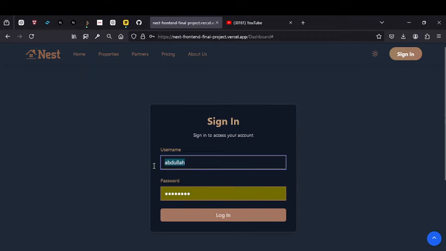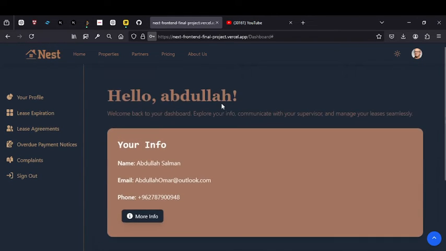Let's say Abdullah is a user in our system and he wants to log in. Yeah, let's save it. So now Abdullah is in his own dashboard, and as you can see, the same profile